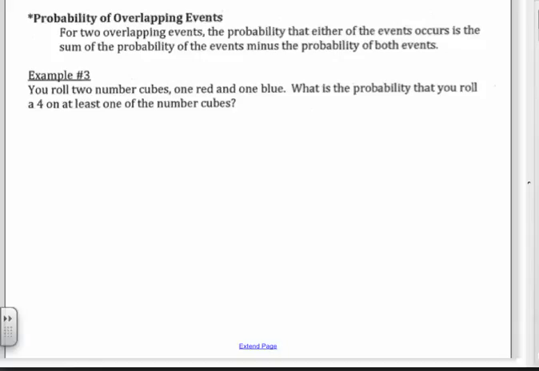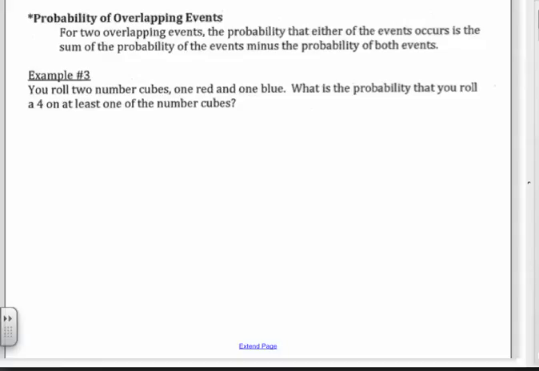Probability of overlapping events. For two overlapping events, the probability that either of the events occurs is the sum of the probability of the events, just like with this joint, but minus the probability of their common outcome. Okay? For instance,